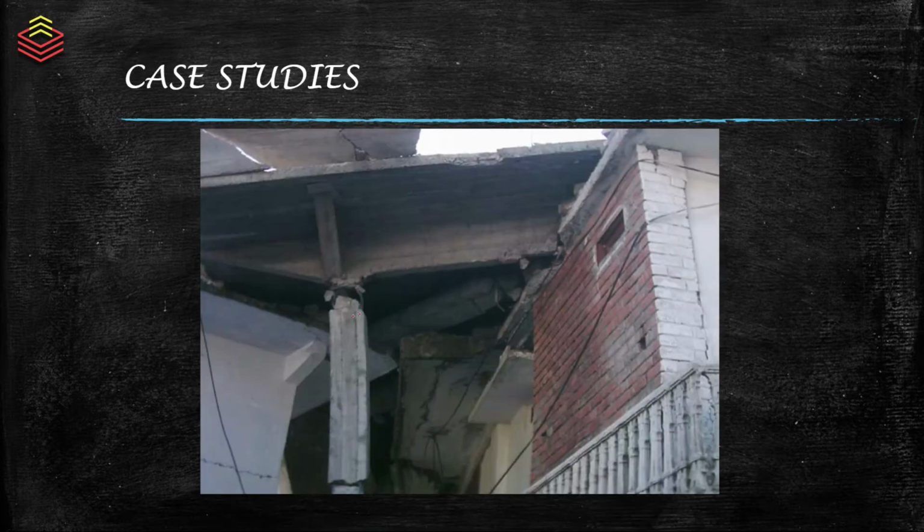Next, in the other picture you see the same case. Here the beam did not fail at all. It is completely intact and stiff enough. But in this case, the column cross section was very low, and this has led to the failure. That's why we say always maintain the column at a higher section or higher stiffness compared to that of the connecting beam.